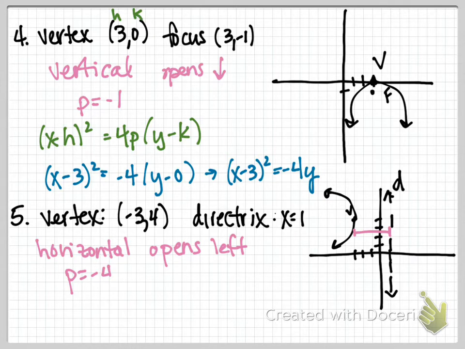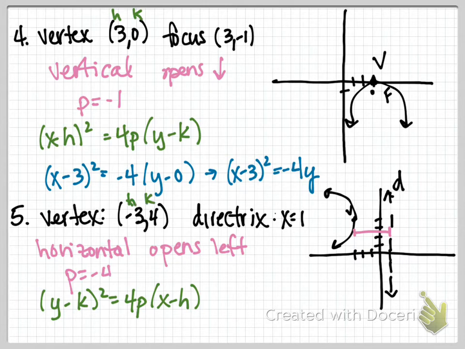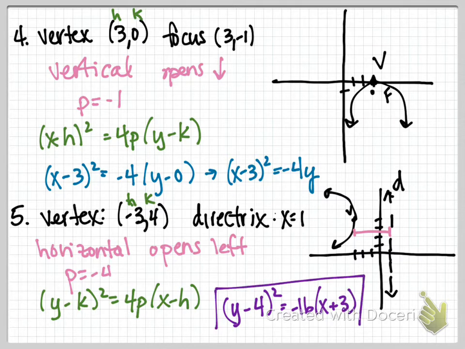So I go get the equation for a horizontal parabola. So that's y minus k squared equals 4p times x minus h. Again, that's h, that's k. So then I get the equation y minus 4 squared equals negative 16 times x plus 3. And I'm done. All right, go to